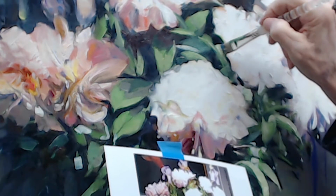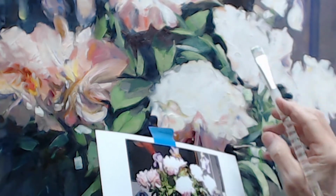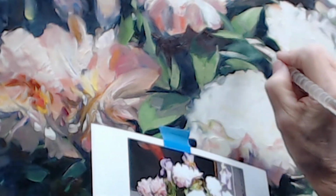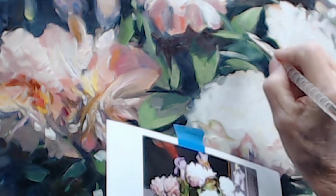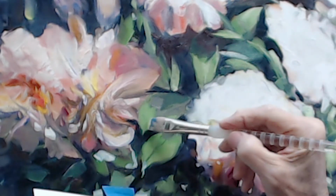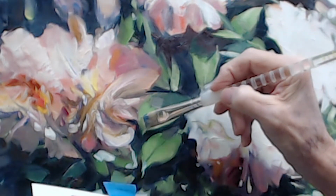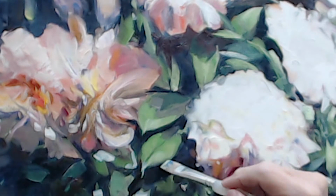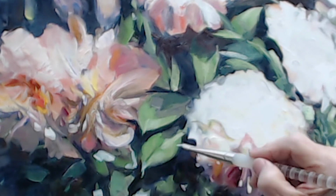I'm going to lighten this up. Yeah, that's better. And there's one right there. Probably end up having to change that. When I first started with this, so I get a softer result, it's kind of one of those in-between colors where you can do a very light shading and it works. It's more effective close up, but